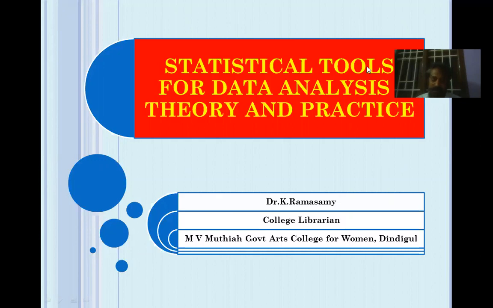Now data is there with us. What are we going to do with this data? Long back, when I was doing my PG or MPhil or even PhD, all the data would be manually entered in tables, in big papers. We used to call it a master table, where all the questions and all the answers would be entered. From the master table, we used to get a lot of small subdivided tables. Then we used our calculators, normal calculators, scientific calculators, to do a lot of analysis.